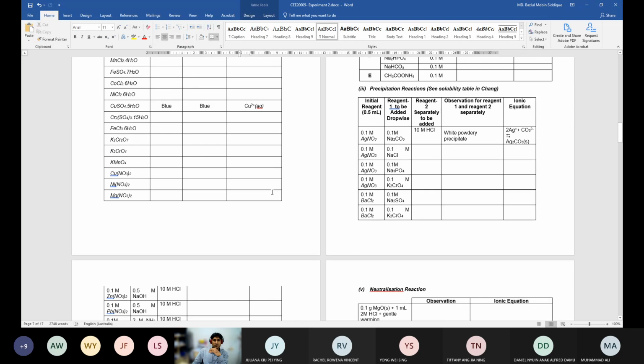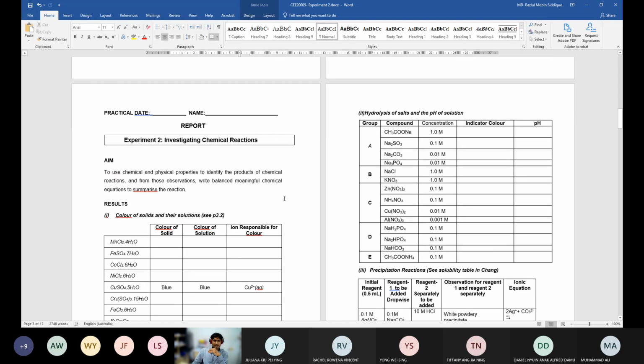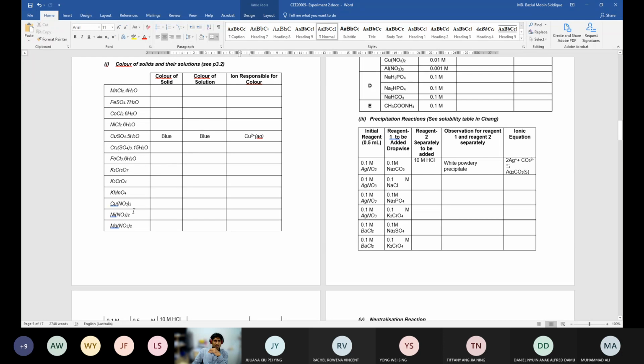And it is not much. You don't have to do one page of discussion for every table, as long as you point out what's happening here: that the color is responsible for this, why the color is responsible, how the color actually occurs, or why you see the color, and what type of ions are responsible for the color. For example, you don't have to mention manganese, calcium, nickel, silicon, all those things. Out of 12 or 13, you can just point out 5 or 6, and that is good enough. If you take 5 or 6 that are very colorful, or not colorful,